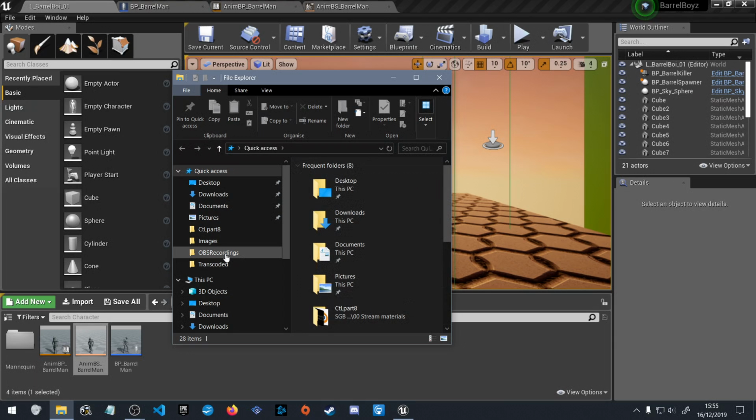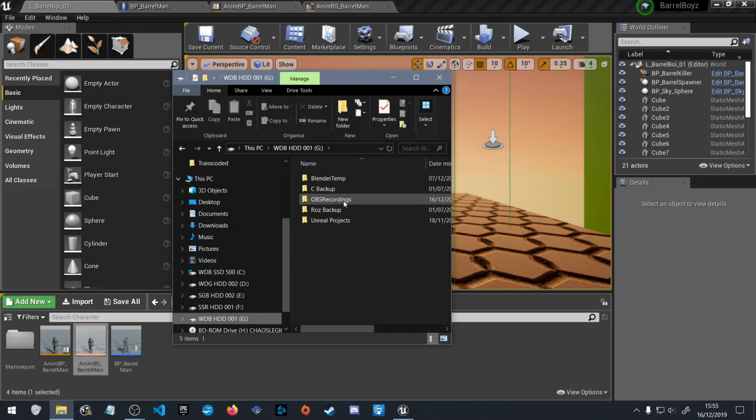Look at my file system, gents and non-gents. Where am I going? I'm going to Drive G, and then Unreal, and then where is my mannequin, and then content. And then